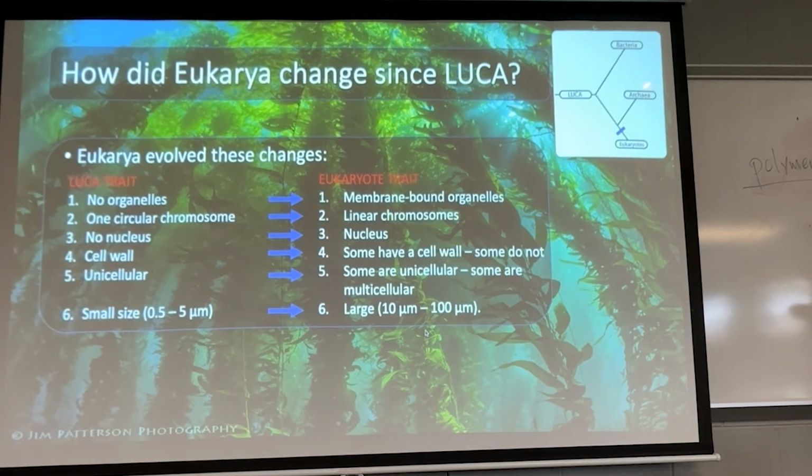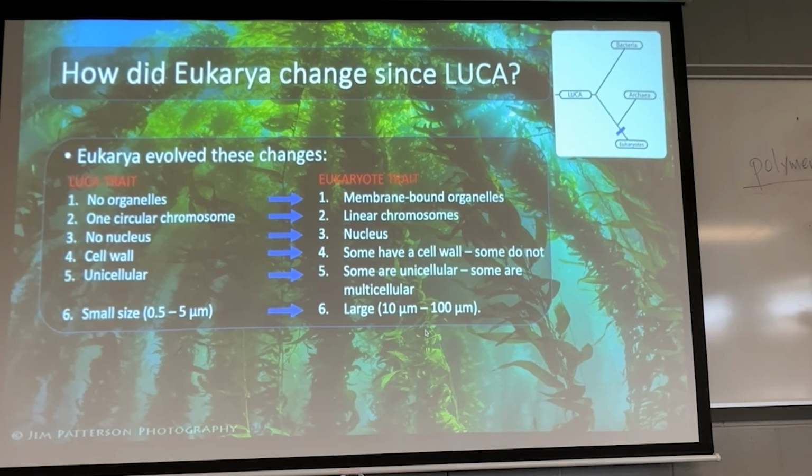Now, here's our very simplistic tree, right? Here's Leuca, here are bacteria, the oldest group. Here are archaeans, sister to eukaryotes. So what makes eukaryotes different than the prokaryotes? These would be synapomorphies, most of these, for the eukaryotic line, which would separate them from Leuca, bacteria, and archaeans.